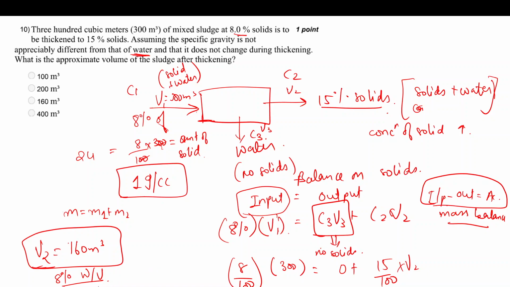Another assumption you can make is that the density is the same as water. The specific gravity is not appreciably different from water, which means the density equals water density. So if you have 1 meter cube of volume,